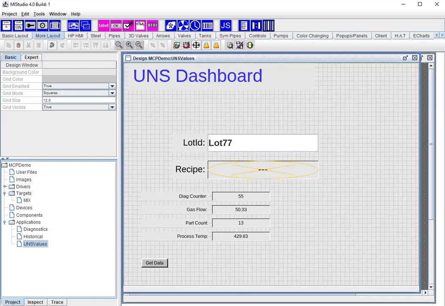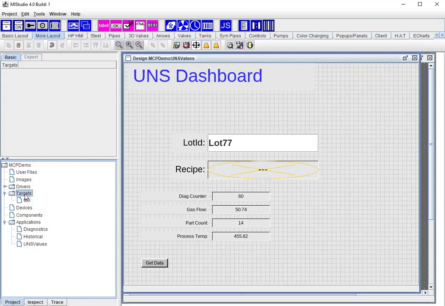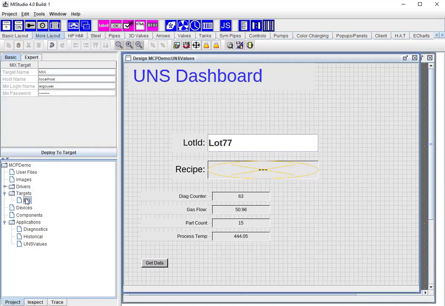A couple of bonus features since you've got this far. I want to deploy this application. Clearly, I've been testing this within the development environment. Within that development environment, we have what we call targets. And we have a number of targets. Probably the most popular are edge-based targets, which is what I have here. I'm going to deploy it to my local system. But we also have the ability to deploy it with one click to AWS and to a number of other systems. So it's just a matter of saying, hey,